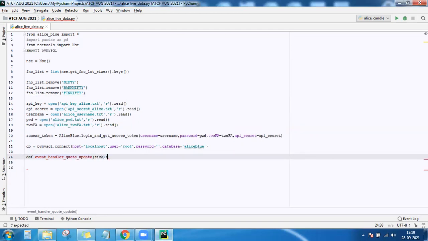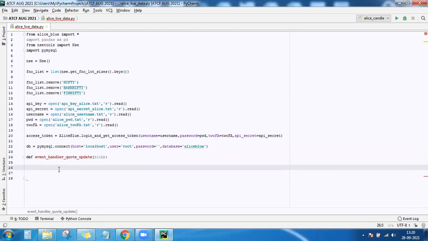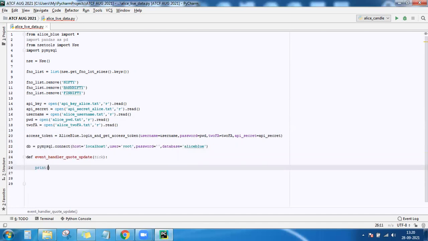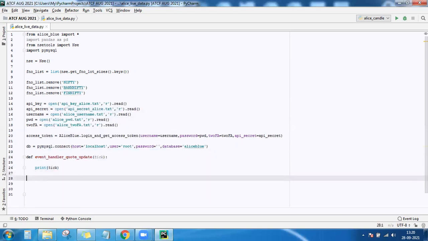And this tick, or whatever argument you pass to this definition, is going to hold the tick data. So you can do whatever you want with this tick data. First we'll just print it. So print the tick data. When you define a function, you also have to call it.